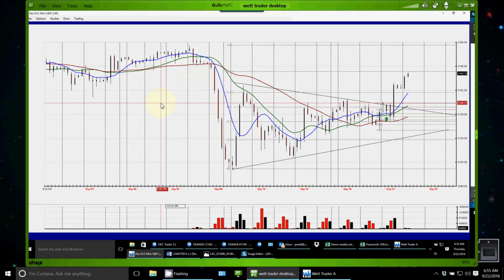Now look, we do have some resistance here. If you notice right here, we have the 7-8 resistance. I still think that we're going to continue on and come close to making new highs. Now today, September 22nd, early AM, NASDAQ has already made new highs, new life of contract highs